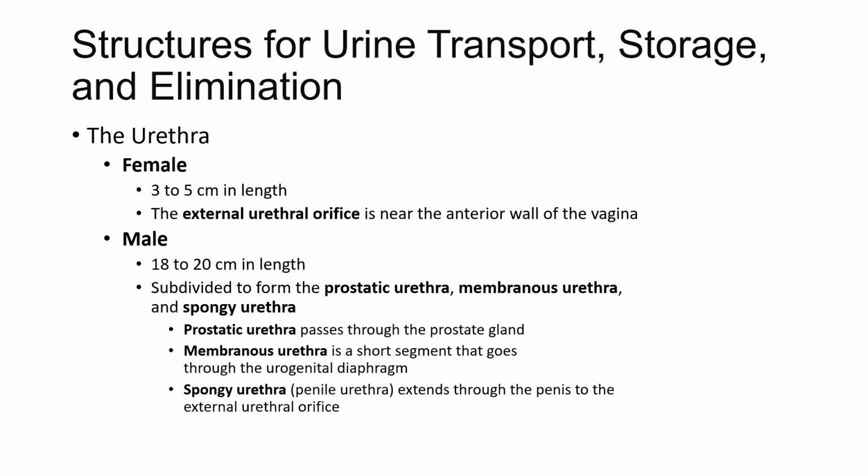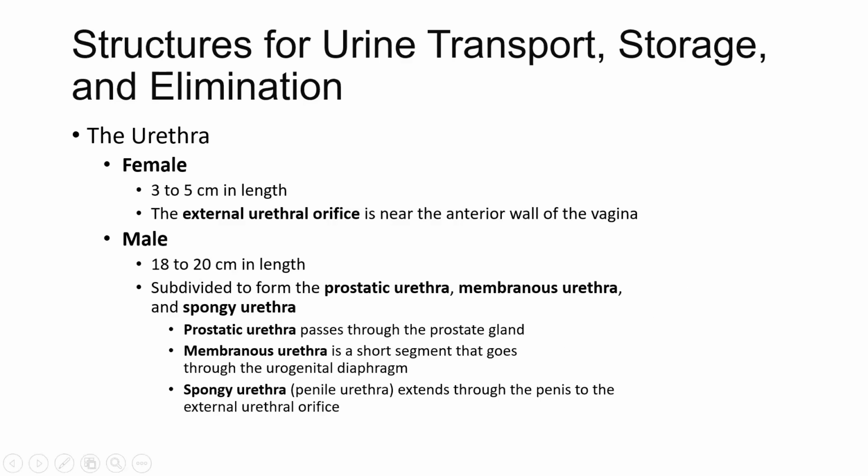We kind of showed that a little bit earlier. There's the membranous urethra, which is a very short segment. It's the shortest of the 3 parts, and it goes through the urogenital diaphragm, pretty much that area that has the sphincter, the external sphincter that we pointed out. And then the third part, which is the longest part, is the spongy urethra, sometimes called the penile urethra, which goes right through the entire length of the penis and goes out the external